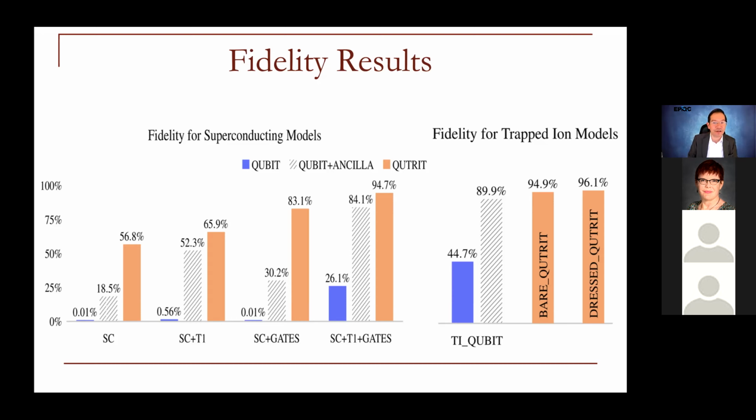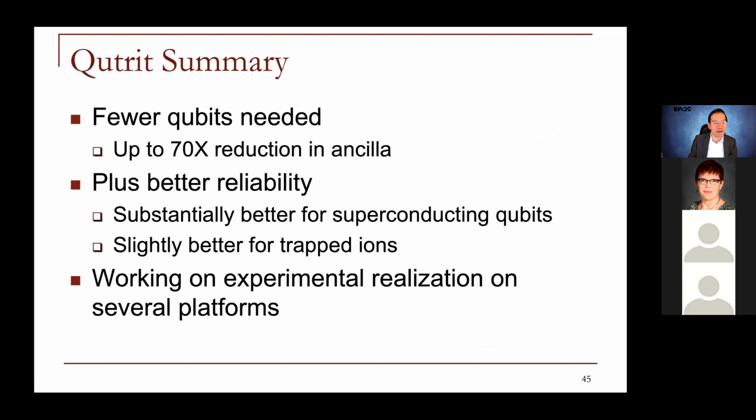Okay, so the end result is essentially it can be worthwhile to look at Qtrits, even though they can give you more noise, because of the advantage they can give you in terms of your end circuit that you get. Right? And in fact, that's up to about 70x reduction in ancilla, depending upon how big your controlled operators are. Like I said, this has been fairly interesting as a model to implement on different experimental platforms.